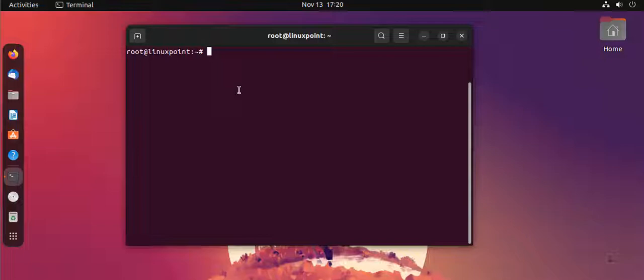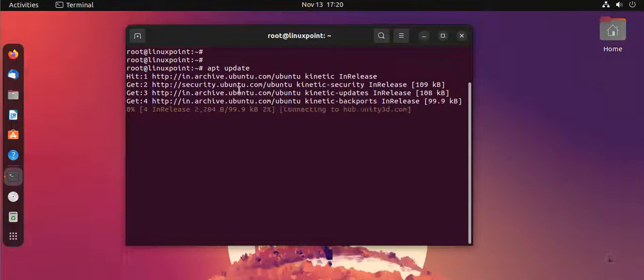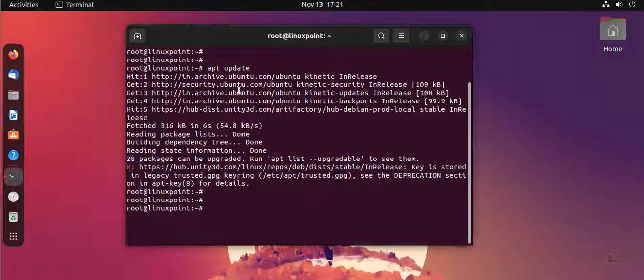First I am going to update the system. Use the following command: apt update. After updating, install the Apache web server using the following command: